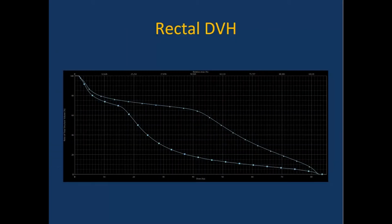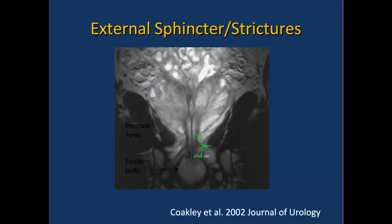Interestingly, our rectal toxicity with our combination patients is statistically significantly less than our beam patients that go to 80 gray external beam. Our combination patients, because of this. So again, DVHs are different. It's impressive. So if we then look to the stricture area and the external sphincter, this is quite possibly the